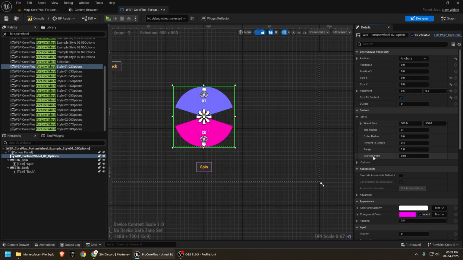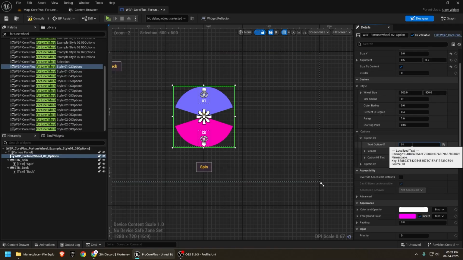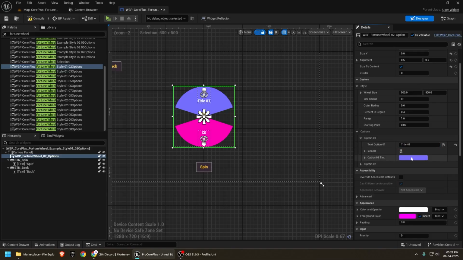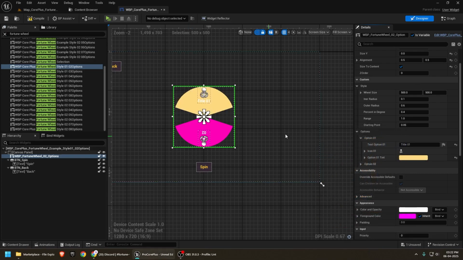And you can change this option to change the look of the fortune wheel, and then you can change the options. You can change the title. So let's say something like this, the title of the options. You can change it to whatever you like. You can change the icon from here, as well as you can change the background color to whatever you like. You can change it for